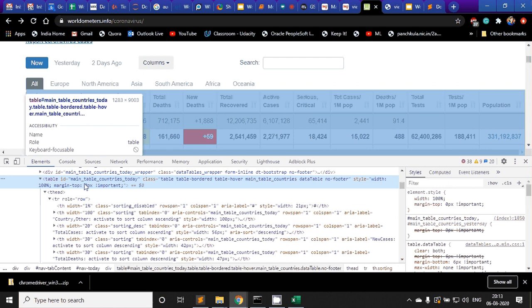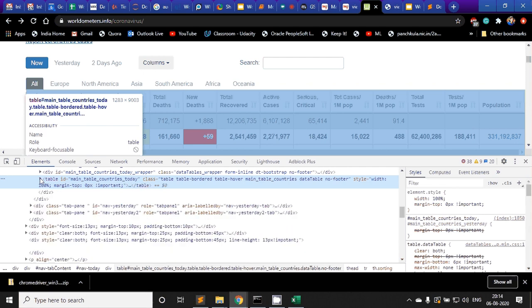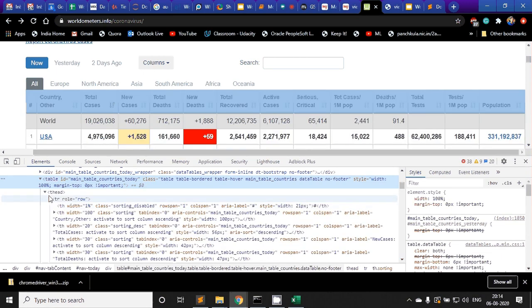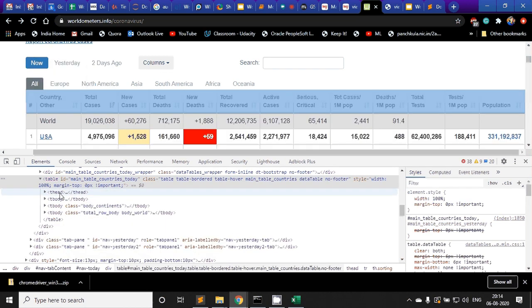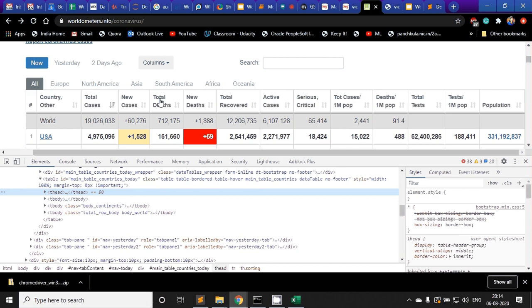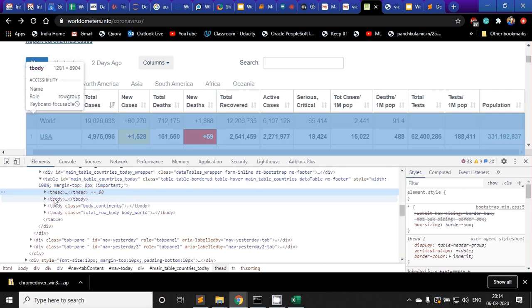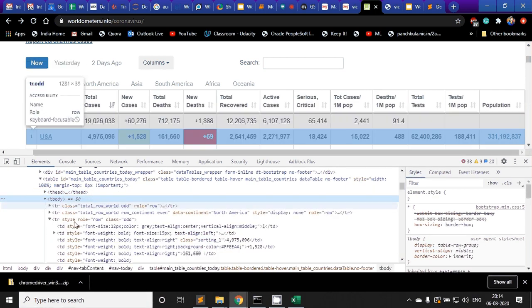My simple inspection is done. After that, I saw that there are thead and tbody. The thead is the header, with all of these headers, and then there is tbody. The tbody has many rows, and it contains the data. So my strategy should be very simple: once I find the table, I have to find the thead and these tr rows.